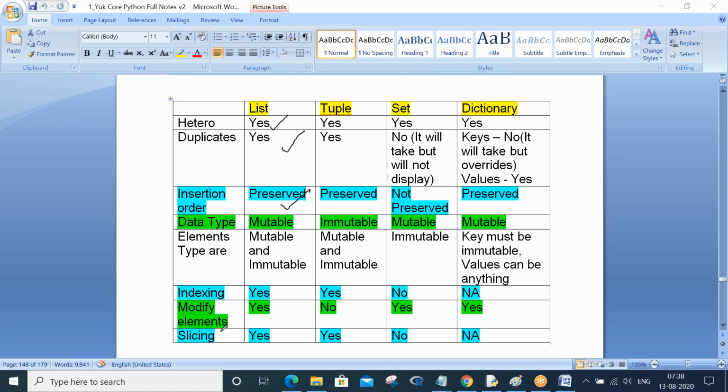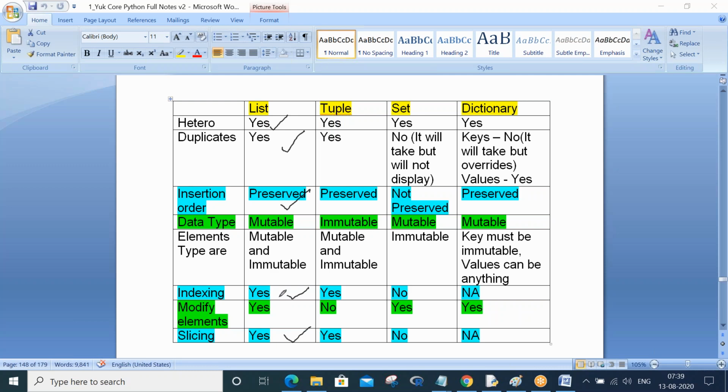See, there are three blue items. If insertion order is preserved, indexing is possible. If indexing is possible, the next immediate thing that is possible is slicing. Please try to read all the blue color at once and the green color at once. So if insertion order is preserved, indexing as well as slicing is possible.